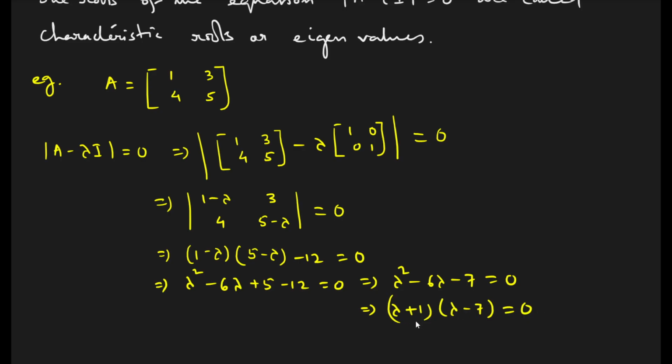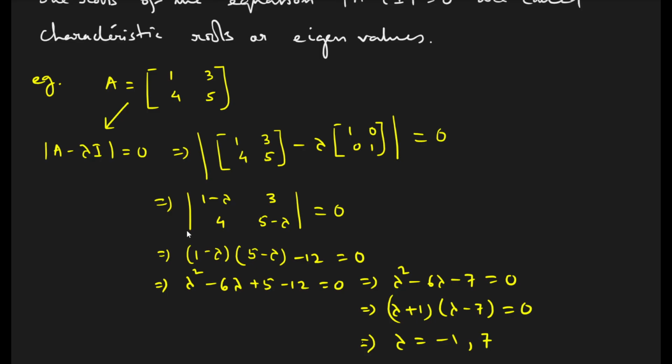Okay, so अगर आप लोग इसको factorize करेंगे तो ये दो आएगा. So after calculation, what will be the values of lambda? Minus 1 and 7. So these are called what? Characteristic roots or eigenvalues. So बहुत ही simple है. Whatever matrix is given, for that particular matrix, first we have to take the characteristic equation and then simply we